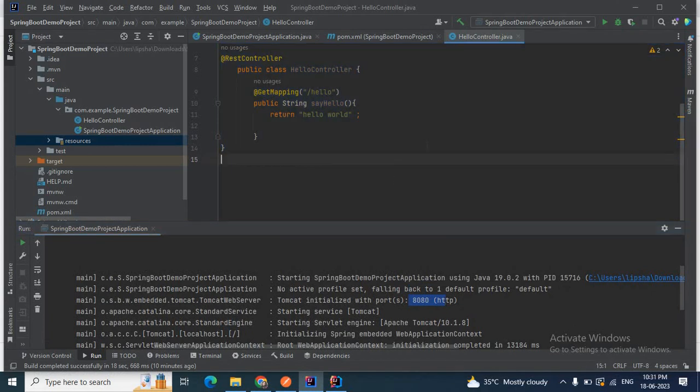I hope you understand how we can create a Spring Boot project and also add dependencies by using both editions of IntelliJ IDEA: one is Community Edition and the other is Ultimate Edition. In Ultimate Edition, we have the provision to create a Spring Initializer project by using the IDE. But in Community Edition, we have certain limitations. But we can use the Community Edition to develop our Spring Boot application. We can simply go to the Spring Initializer, create our project, and open that project by using IntelliJ Community Edition.